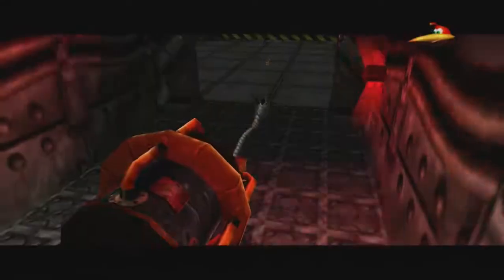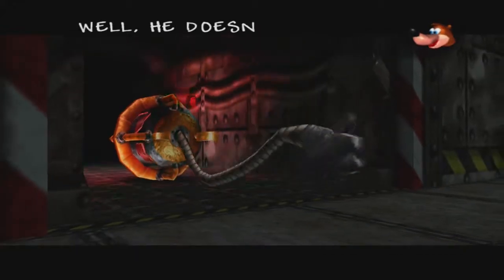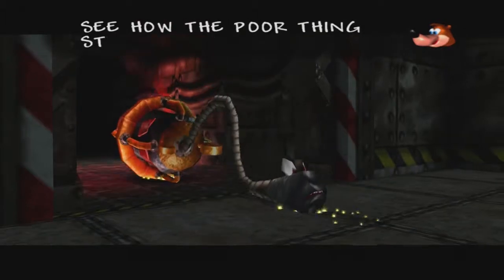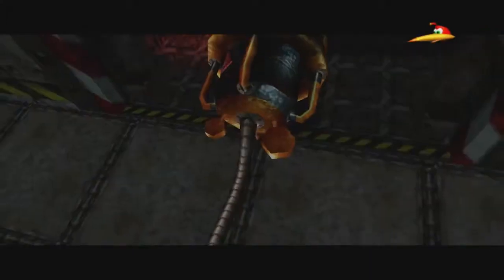What on earth is that? I think it looks like an enormous toilet cleaner. Well, he doesn't seem to be very mobile, so how the poor thing's struggling to get in here. This shouldn't be much trouble then,